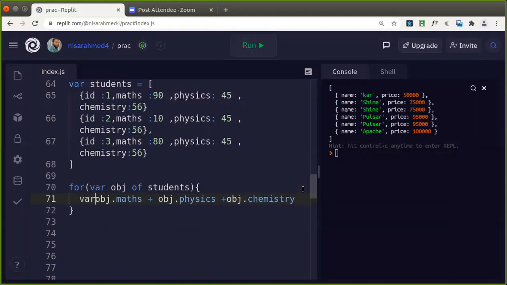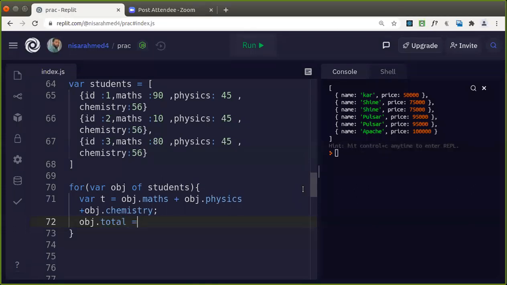Let's take one variable here, t, for total marks. Once you are done with the total, you are going to update that. So how we can update is obj.total is equal to the value, that is t, isn't it? We have added that.